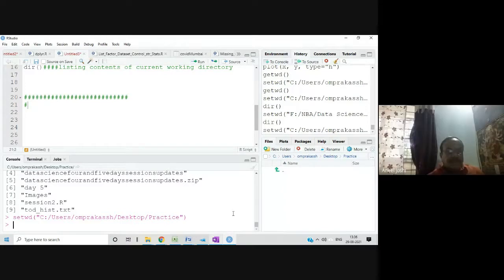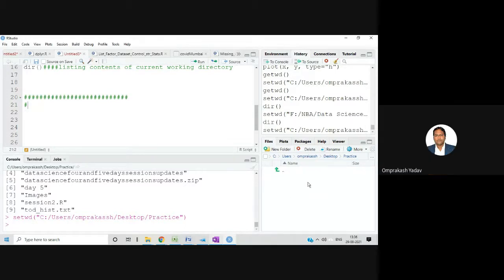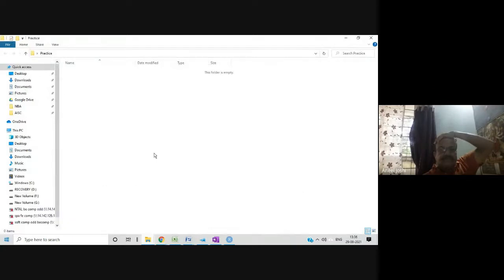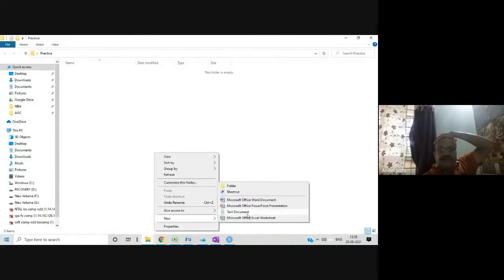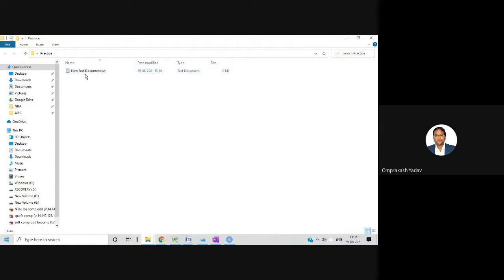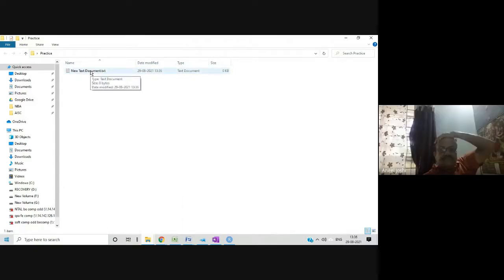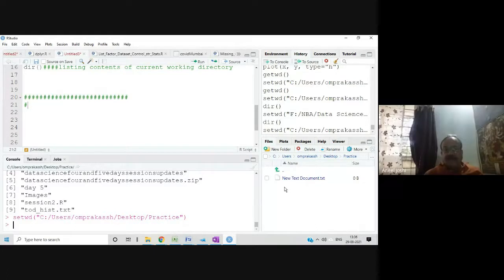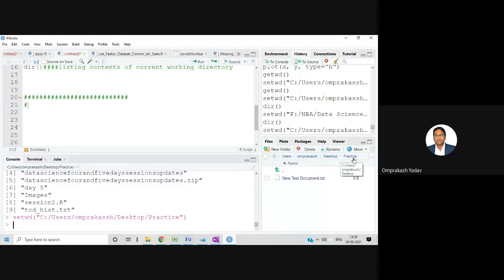Where has it appeared now? Earlier it appeared on the display screen. But there is nothing there. Let's say, for example, suppose I put something in the working directory, some image or something. Let's say this text file is there, a new text file. See here, the text file has come. Clear? Yes, it will appear here, because we have opened the same folder.